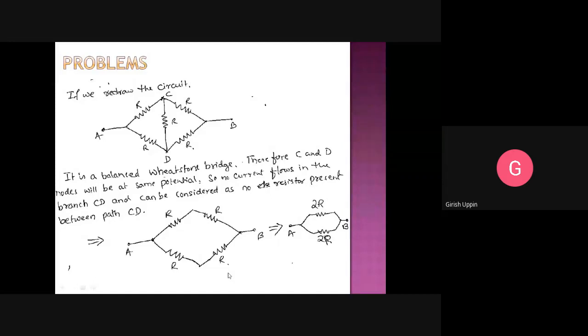What would be the equivalent resistance of 2R and 2R connected in parallel? We can use Rp is equal to R by N. So in this case, R is 2R divided by 2. That would be R. So the equivalent resistance between A and B is equal to R. Or you can say 1 by Rp is equal to 1 by 2R plus 1 by 2R. That is 2 by 2R, that is equal to 1 by R. Therefore, Rp is equal to R.